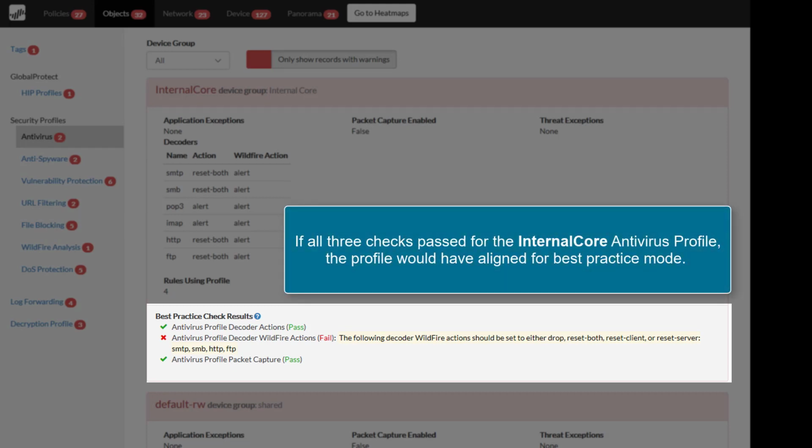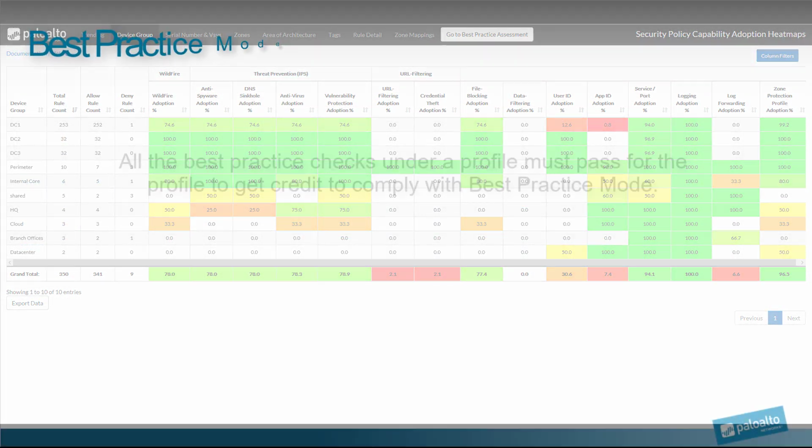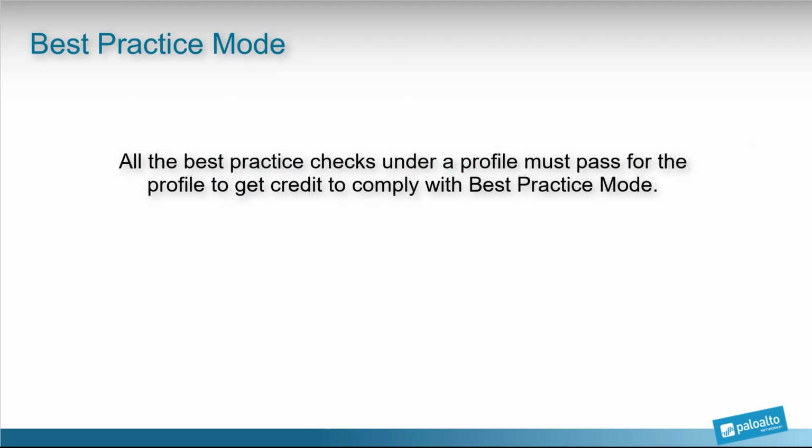If all 3 checks were green, this would mean all 3 best practice checks passed in the Internal Core antivirus profile, so they would have aligned for best practice mode. Since one of the checks failed, no credit is given for best practice mode under antivirus. In summary, all the best practice checks under a profile should pass for the profile to get credit to comply